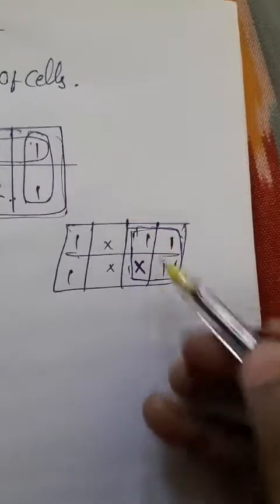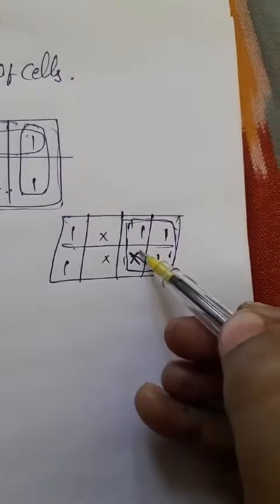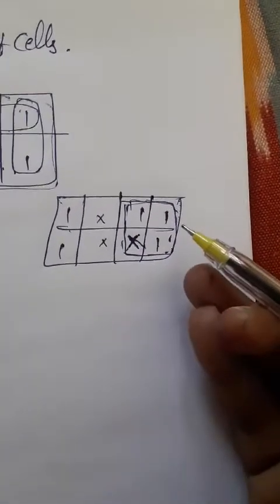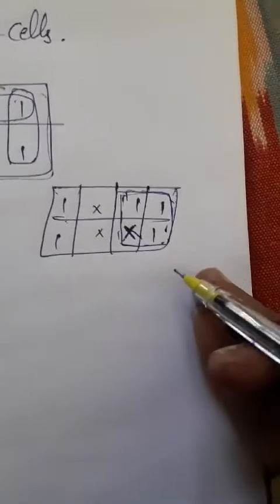Okay? So that means don't care conditions allow us to replace that cell of a K-map in order to form a grouping of the variables. If you have any don't care condition while grouping a quad, a pair, or an octet, you can group like this. You can group with the don't care cell also, which gives a larger group than forming groups without don't cares.